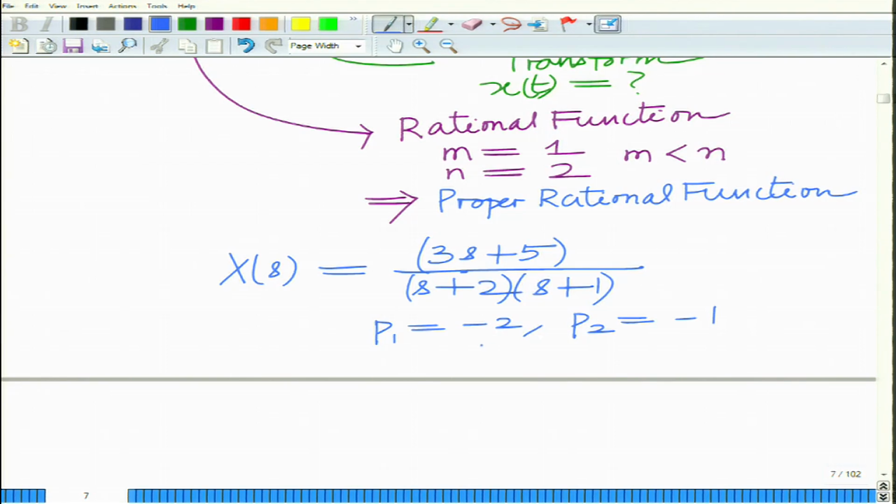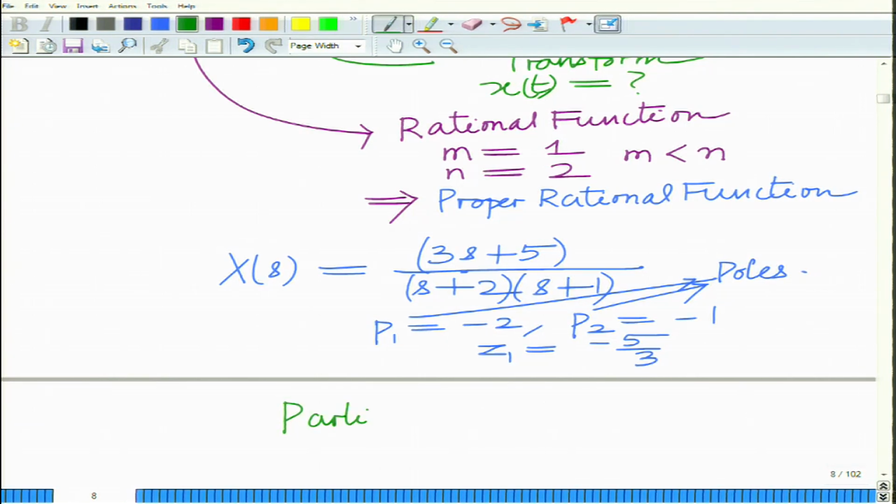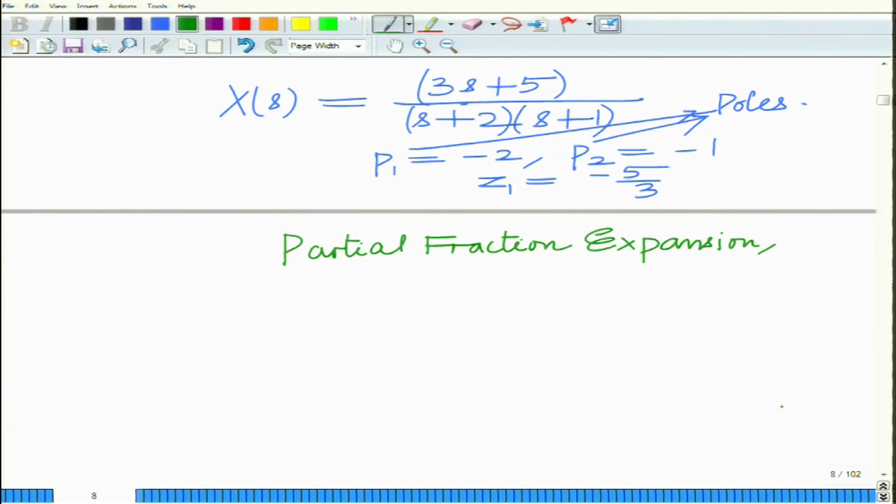In fact, the zero: 3s plus 5 equal to 0. So, the zero is minus 5 by 3. So, these are the poles, correct. These are the poles of the rational transfer function. Therefore, I can express this using partial fractions. Therefore, using the partial fraction expansion, I can write